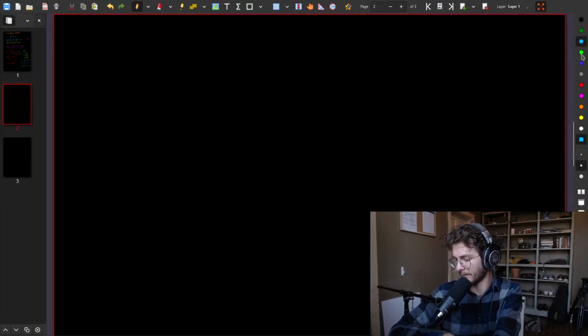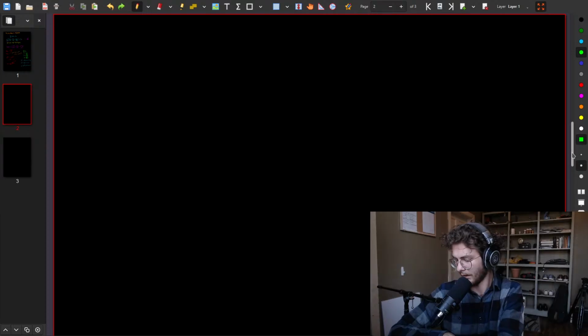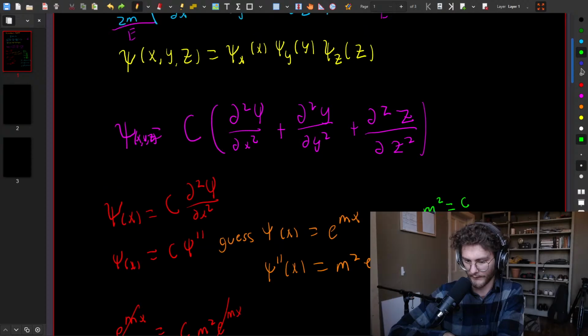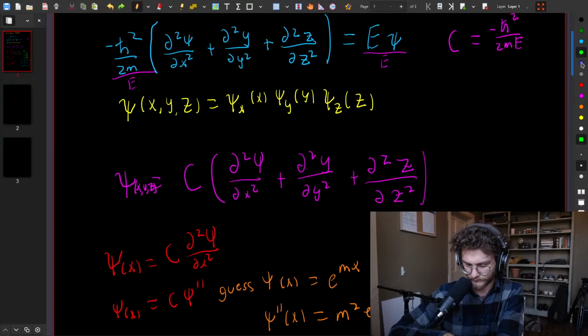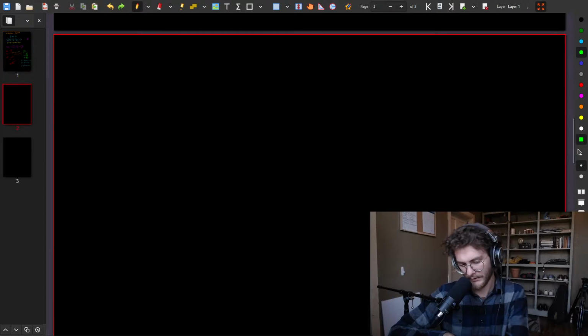Let's simplify this back out. We're going to go to like... Ugh, that's a crazy green. I think you can do your own custom formats of color, and I want to improve the colors on this. So let's just say that psi of x equals